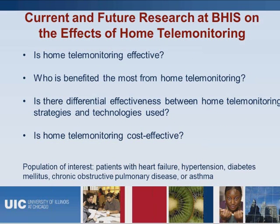Nonetheless, the effective use of these mobile health apps and home telemonitoring devices as well as other health informatics interventions, all together present enormous challenges. For most, they require developing and testing new models of care to overcome several usability shortcomings and human factor barriers. So here within the BHIS department, in collaboration with faculty and researchers from other UIC departments, colleges, and universities, we conduct research studies with a view to providing patients, policymakers, and clinicians with the evidence they need to make informed